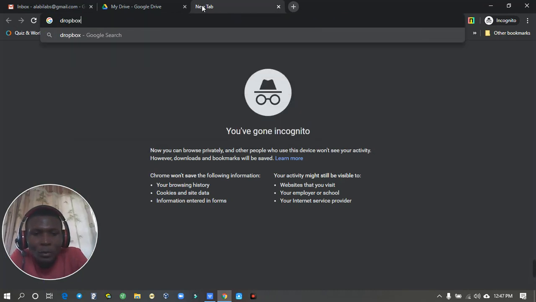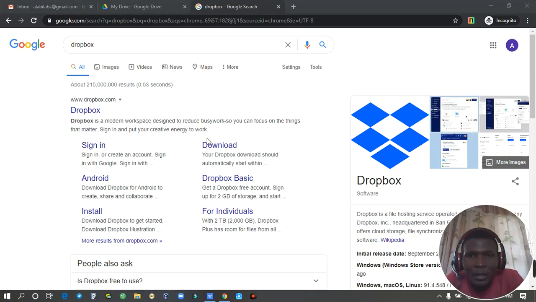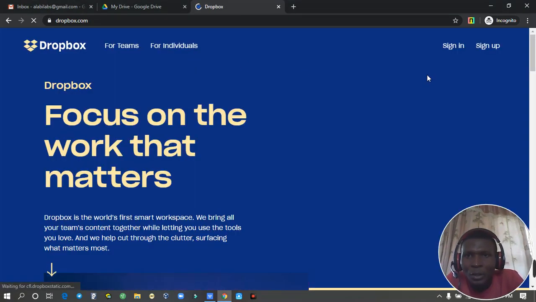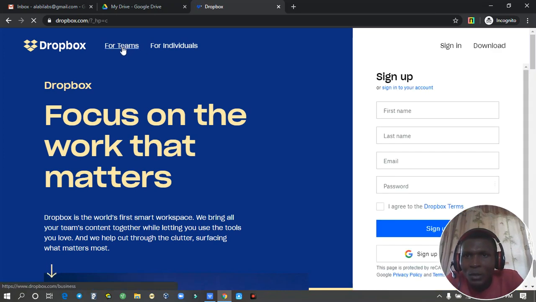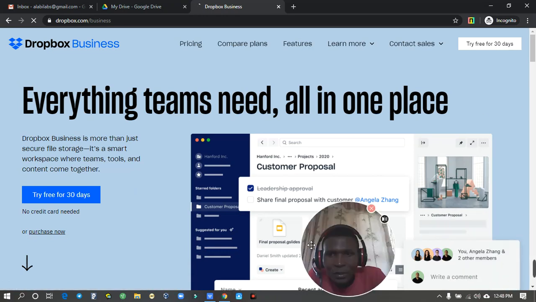Dropbox. So what can you do with Dropbox? I have used Dropbox and I found some amazing things about Dropbox. So I'll be sharing those amazing things with you. So as you can see here, there is one for teams and one for individuals. So we'll be going for teams. So let's see the advantage of for teams. Wow, this is the real